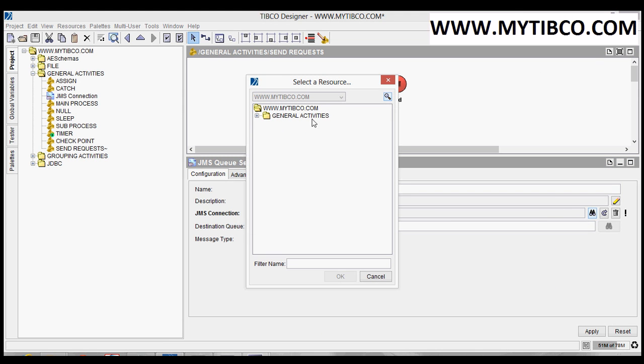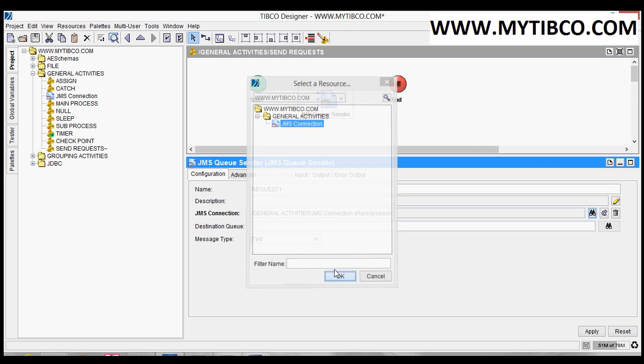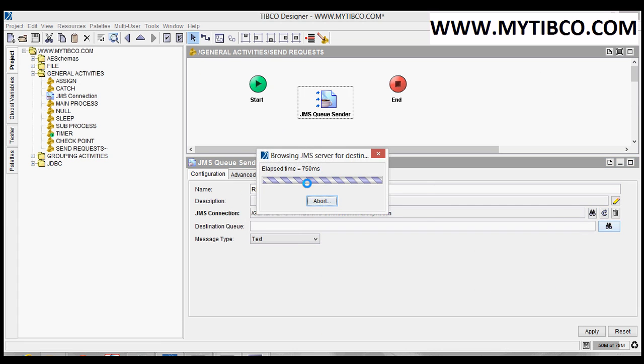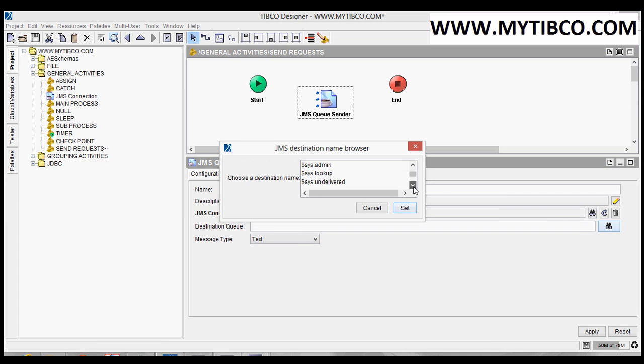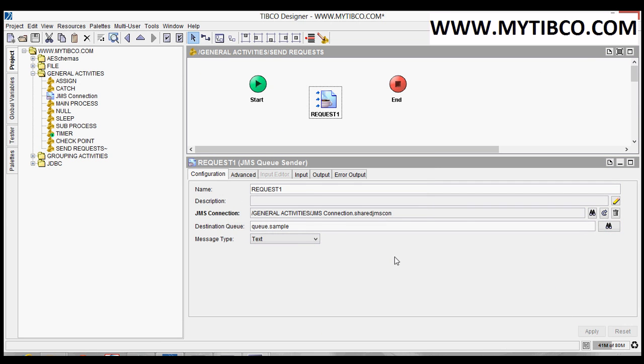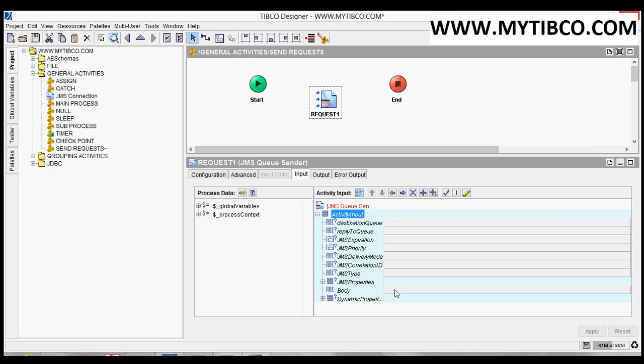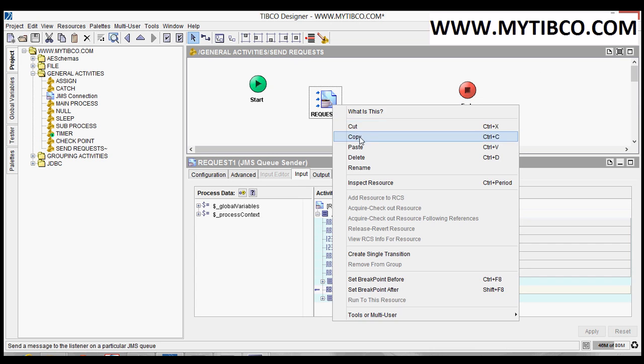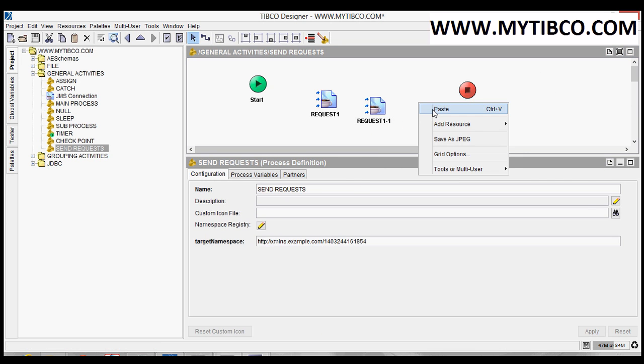Now I am browsing JMS connection. Here select the destination queue, queue.sample, click on apply, go to input, I am giving 111 as a body, click on apply. This is request 1, copy, paste and one more time paste.